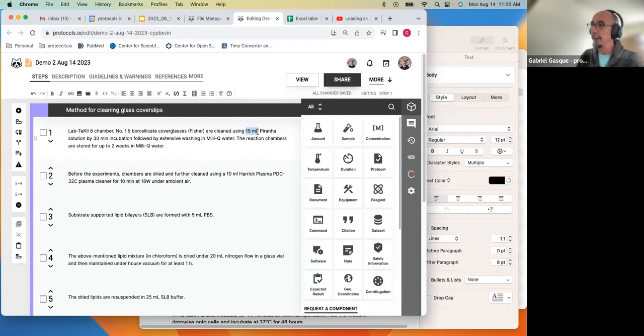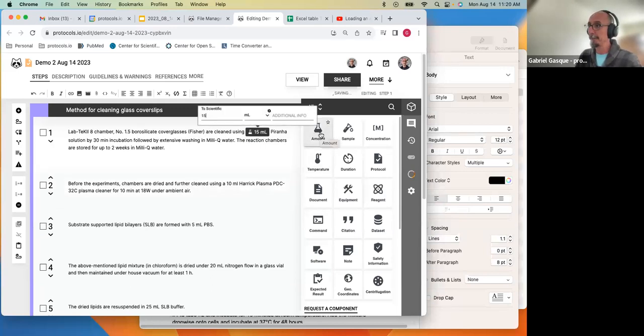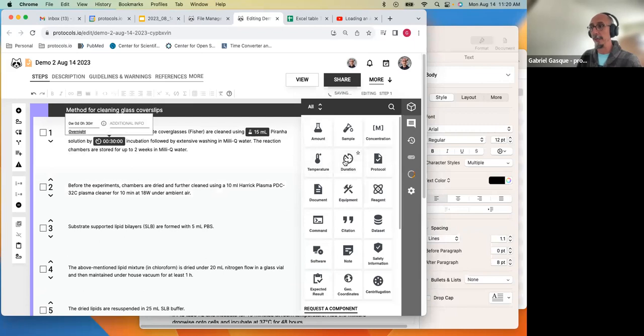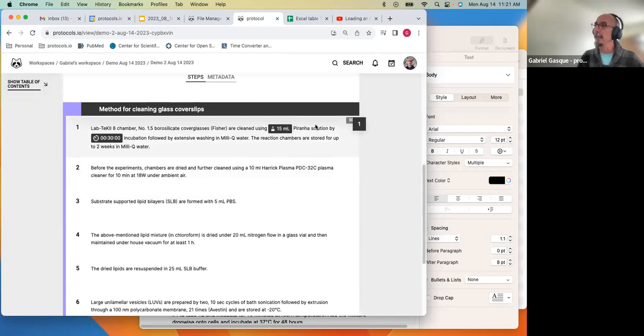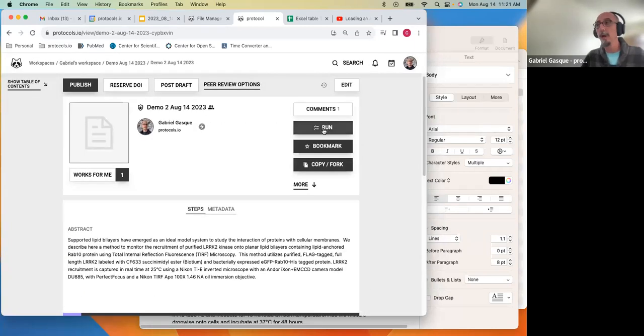So for example, there are 15 mLs here, which I can transform to an amount component, right? And there is a time here, which I can transform to a duration component, and so on. Now, this is important because when I run my protocol, let's go to the viewer. This is how the components would look. And if I decide to run my protocol,